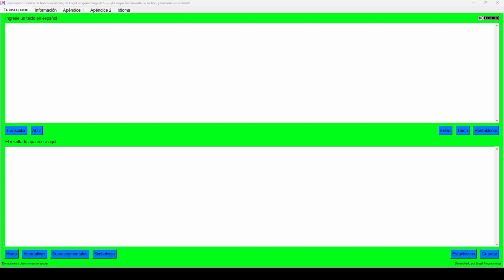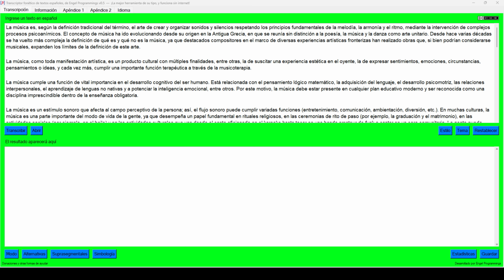On this occasion I'm using version 0.5 of the program, which is the most recent at the time of making this video. When you open it, you'll see these two text boxes. The top one is for putting the Spanish text that you want to transcribe phonetically, and the bottom one is for displaying the result. You can hover your cursor over any of the buttons to display a brief description of it. To use the program, type or paste something in the first text box. You can also import the text from a TXT, docx, PDF, or EPUB file, then click the button that says Transcribe and you'll get the result in the other box.